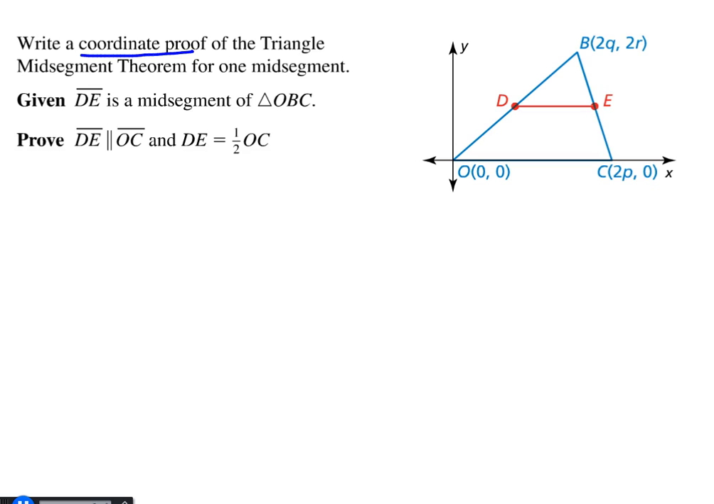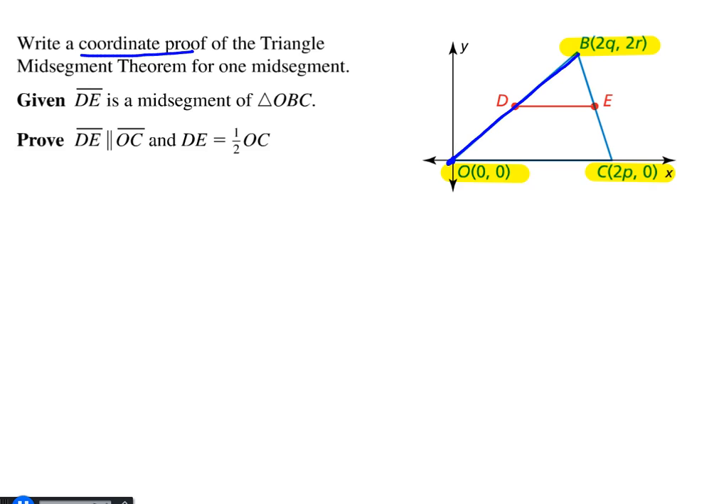So the big difference here, let's get a highlighter, is that when you look at our ordered pairs, they're no longer just numbers, they're variables. And so if we prove it works for these variables, we can prove it works all the time. So in order to start this, we're going to find the coordinates of D and E by finding the midpoint